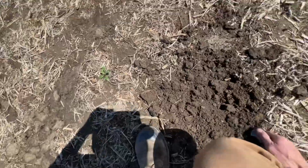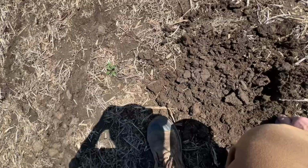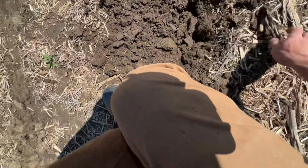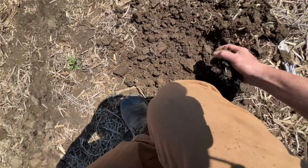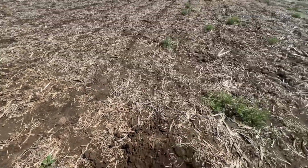what's the soil look like, even deeper down? I would say I'm good. It's going to dry out today. I'm excited to